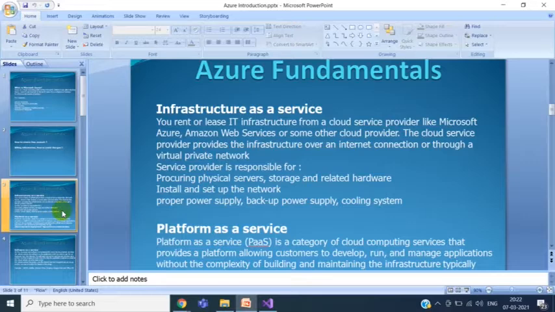Now there are some terms which we will discuss. The first one is infrastructure as a service. The second one is platform as a service, and the third one is software as a service. These three are the types of cloud offering. Each cloud provider, whether it is AWS, Azure, IBM Cloud or Google Cloud, provides their services